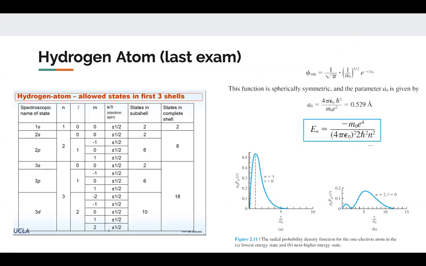Is there an intuitive reason for why the energy is negative? Oh yes. So, basically,